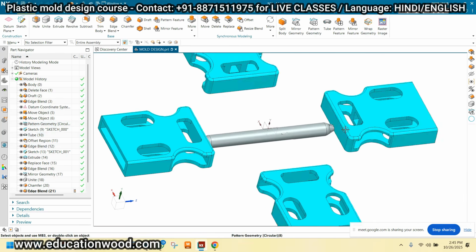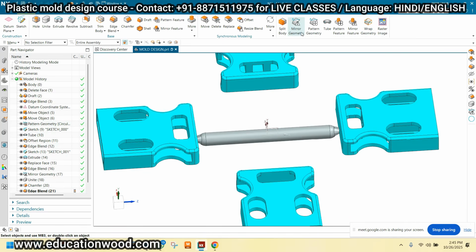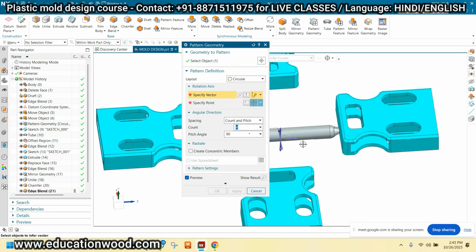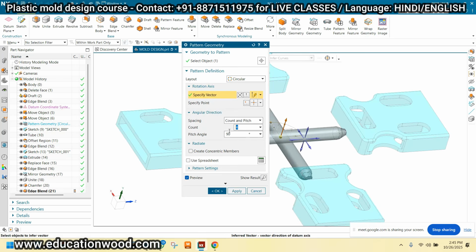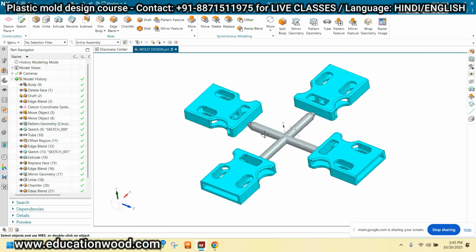Right. So now I'm taking the pattern. Where is the center? Just take the two, it will be 180. No, not 180, I have to take 90, right? And just click OK. See, okay.